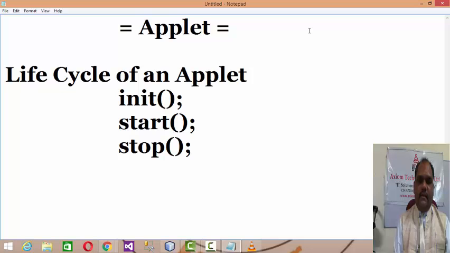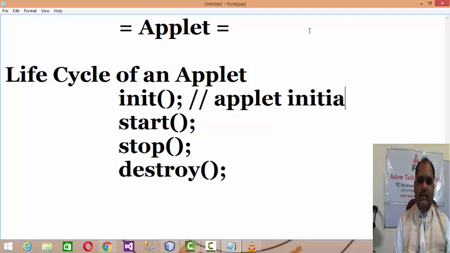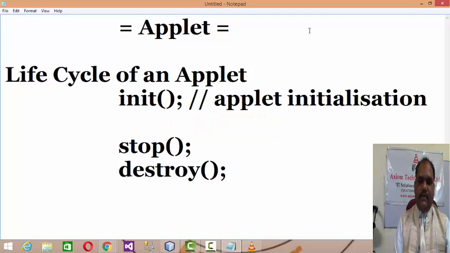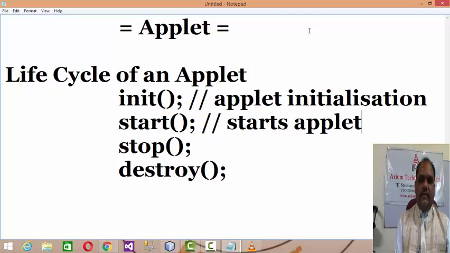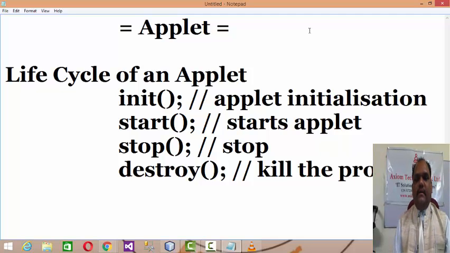And if you close the web page, it will give a call to the destroy event. So init is for applet initialization, start starts the applet, stop halts it, and destroy kills the process.